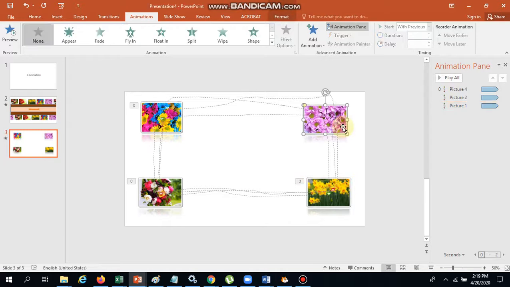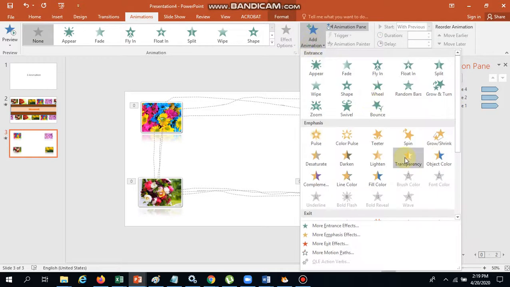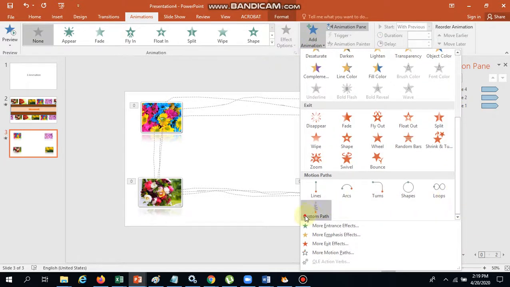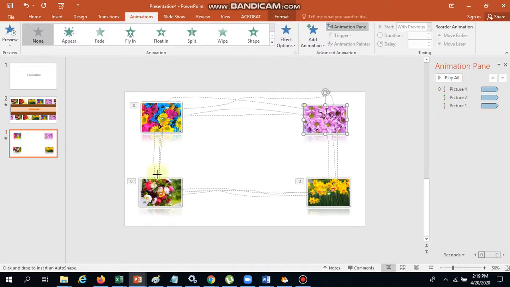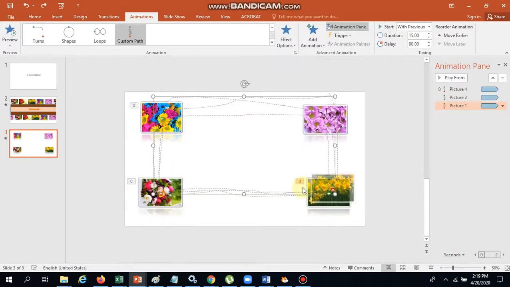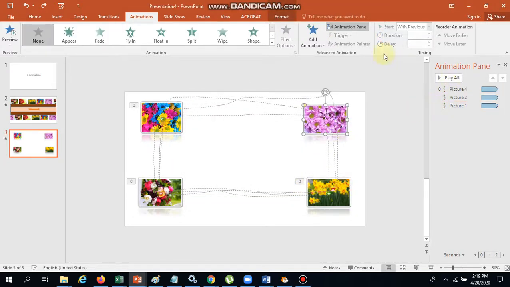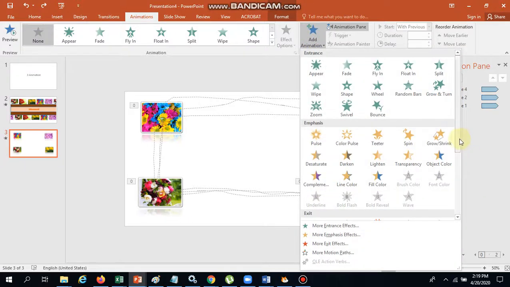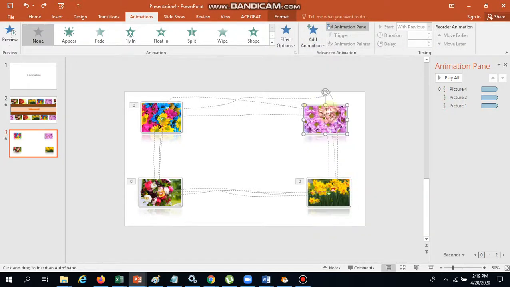Okay, then choose your fourth picture, Add Animation, Custom Path. Oh sorry, choose the picture, Add Animation, Custom Path, and draw the shape in the rectangular path.